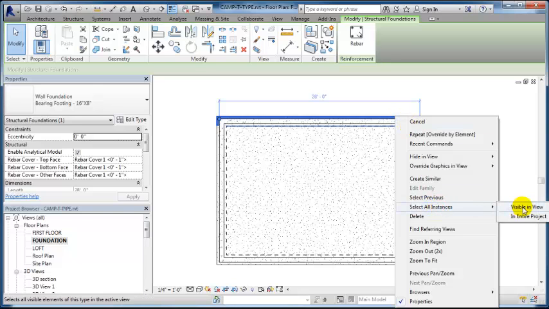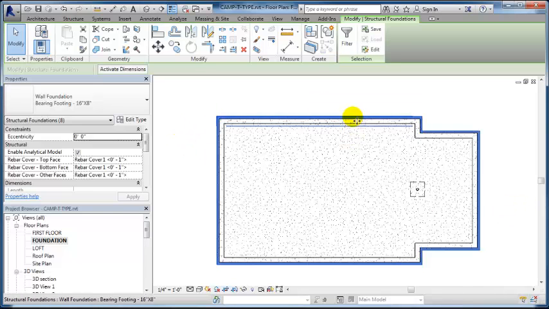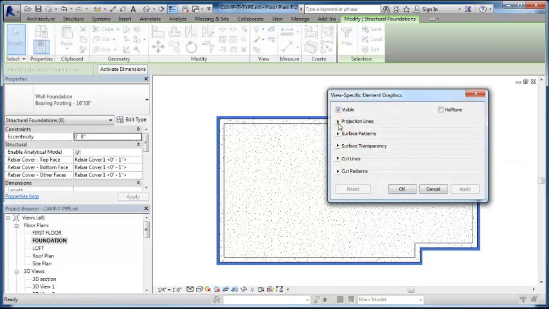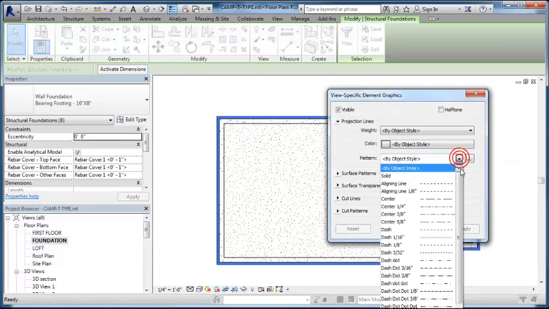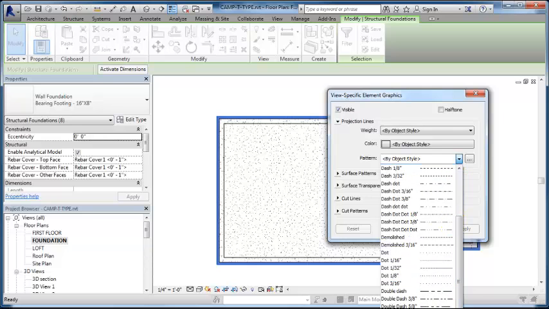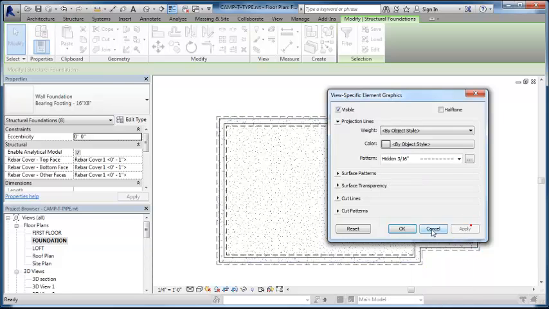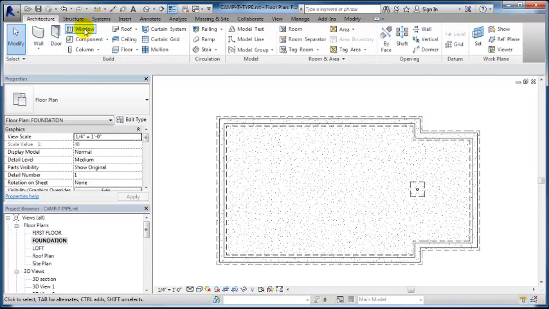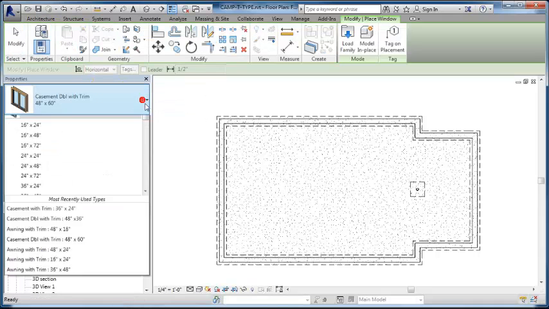choose select all instances visible in view, and we're going to do the same thing. I want to change override graphics and have the projection lines for that be the hidden 3/16 rather. There, so now we're seeing hidden lines on both the inside and the outside, and we're ready to add our windows. So I'm going to go to Architecture, Windows, and I'm going to see if we have some